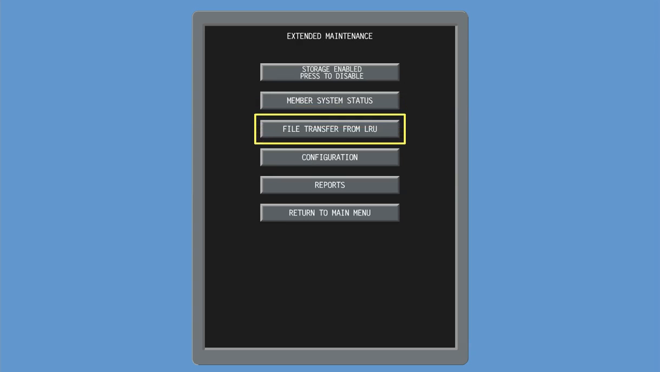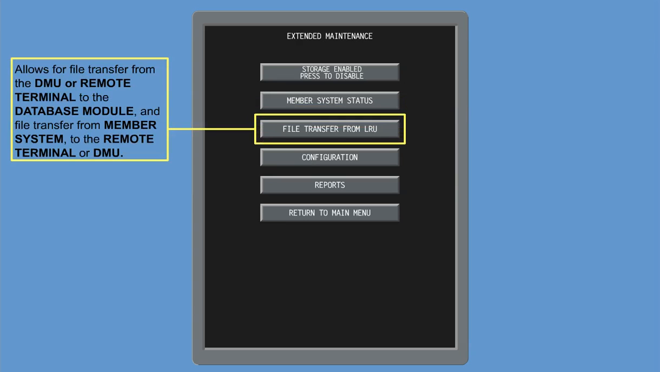File transfer. Allows for file transfer from the DMU or remote terminal to the database module, for example, the operational processor module software, and file transfer from member system to the remote terminal or DMU, for example, member system non-volatile